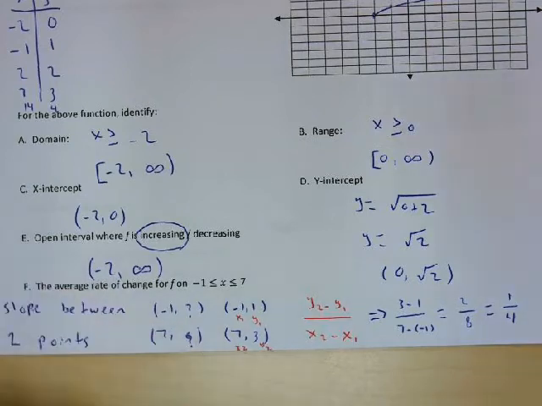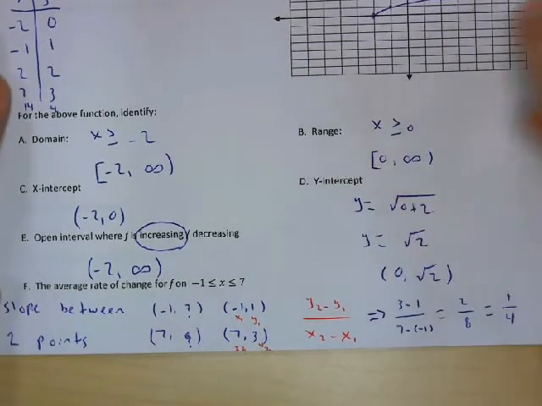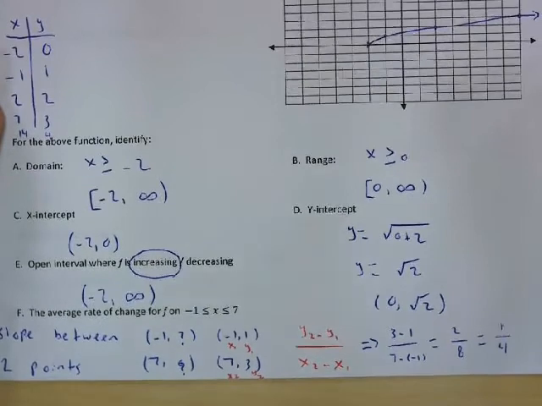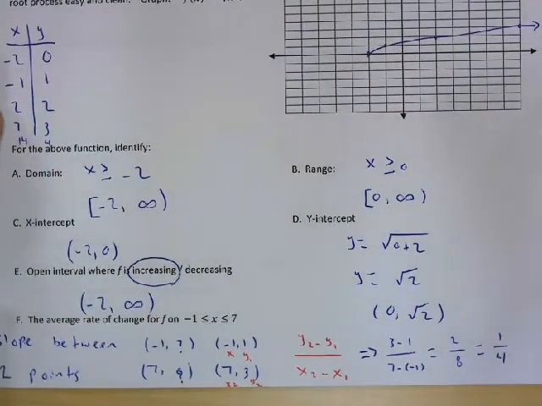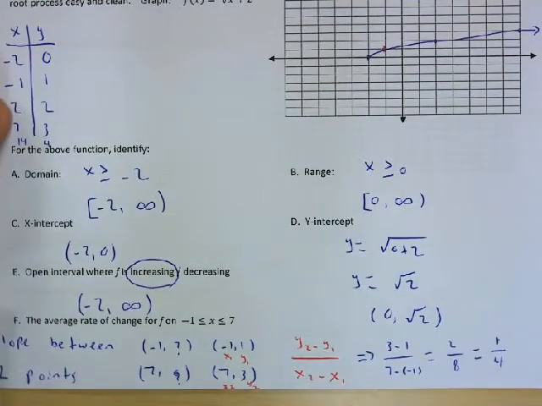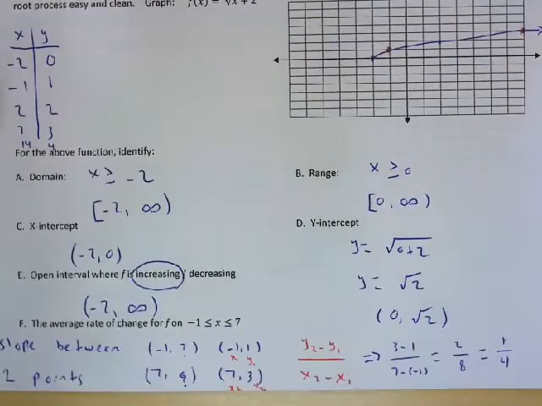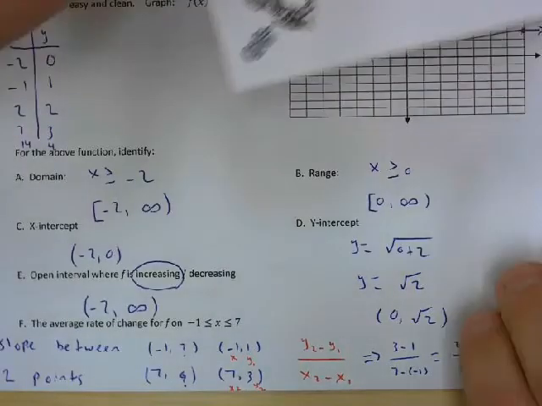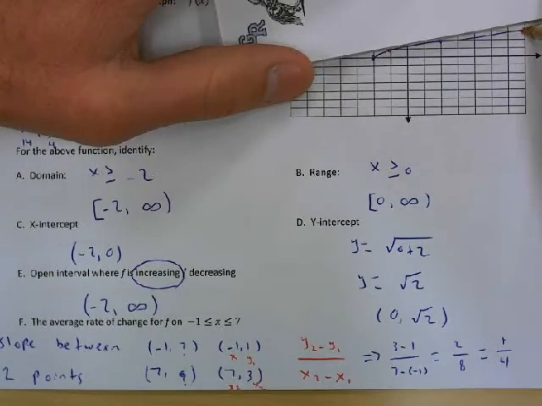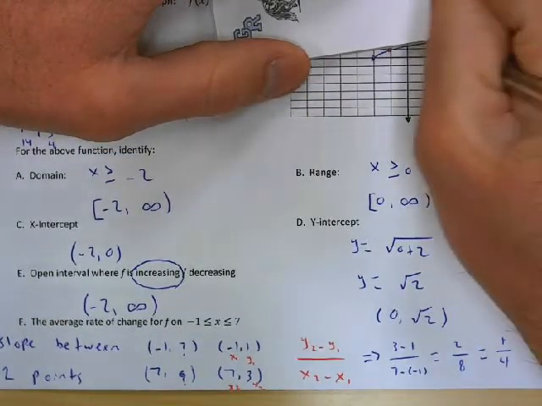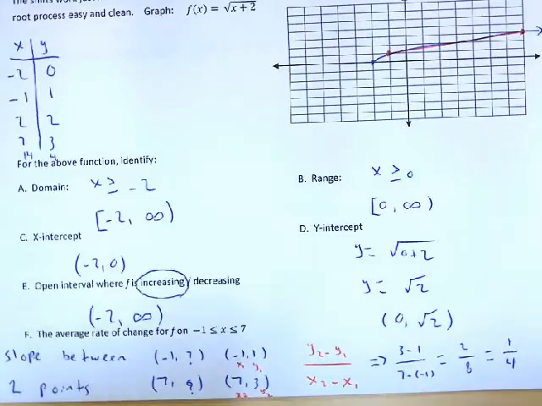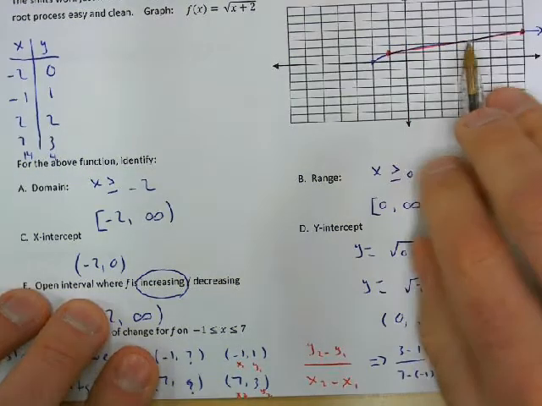Okay, now another way to do that, if your points are on your graph, especially. If they weren't, we couldn't do this, but just look at the points on our graph. We got -1, 1, so that's right here. I'm going to put a big red point on there. And then 7, 3, that's over here. Well, what they want is the slope between those 2 points. Let's use a straight edge of some sort. I'll just use this notepad here. So basically they want the slope of that line,